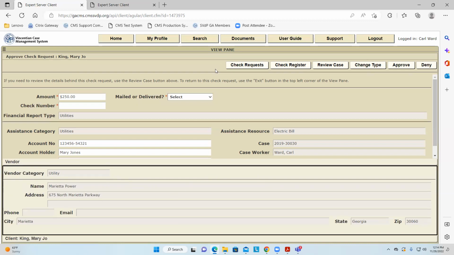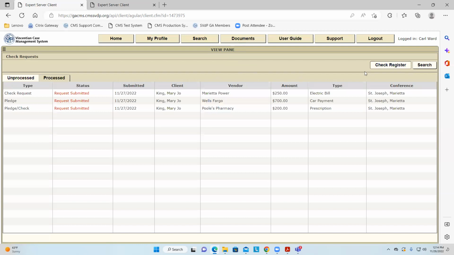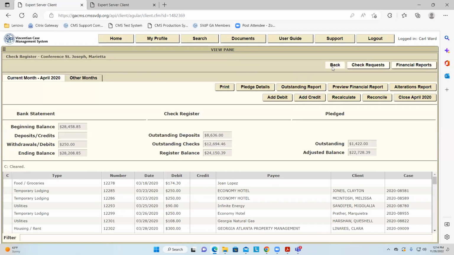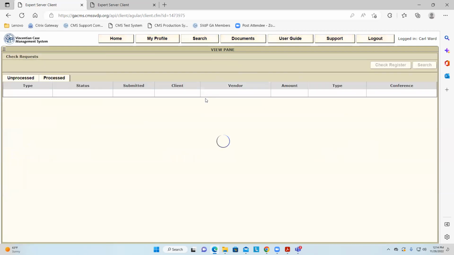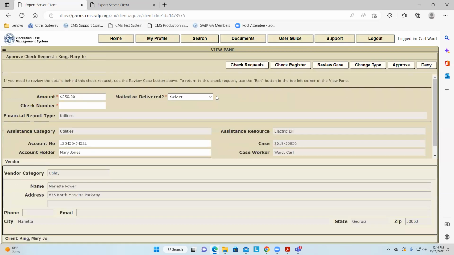So let's look at the buttons first. You go back to your check request screen if you needed to. You could go to your check register, which I just showed you. You can review the case, and this is something that I think a fairly amount of our treasurers do.